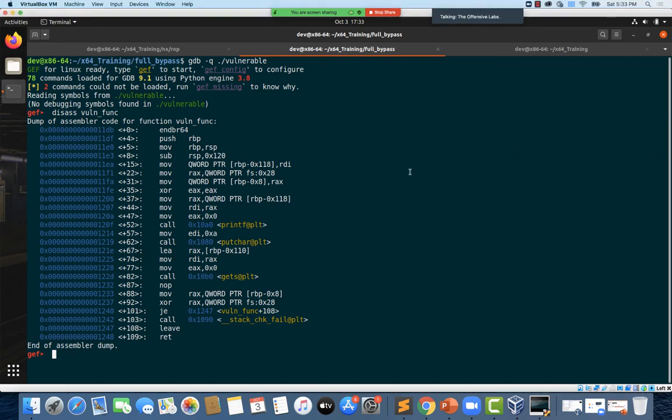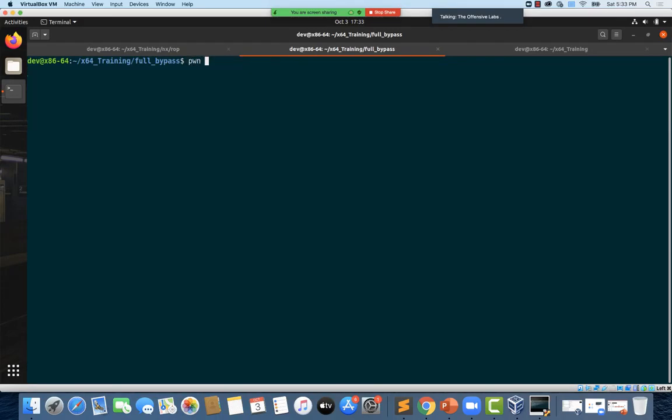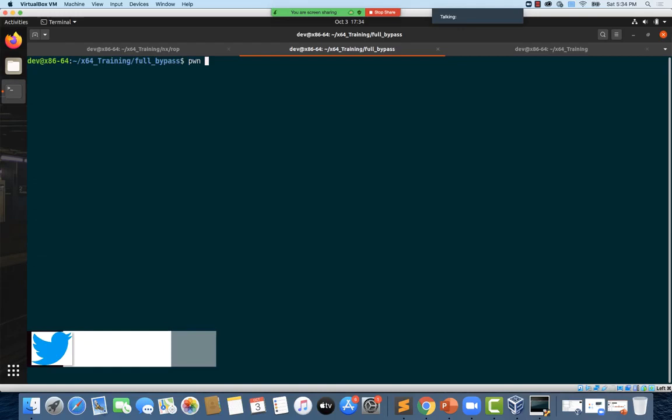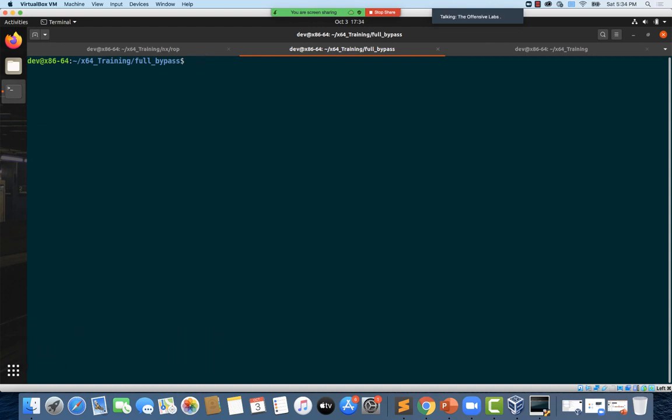So I'll probably just start writing the exploit template because we have less time. So I'm just going to use the pwn template. I'm just trying to find out the command. Okay, let me first show you some other things. I'll show you first how to use the format string vulnerability to leak the canary, and after that I'll start